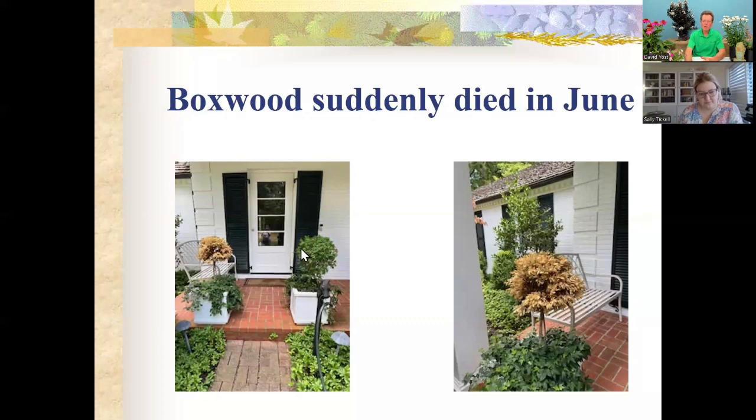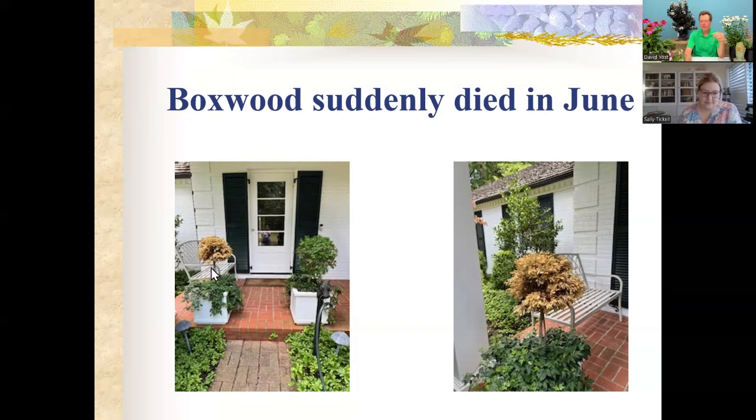This little boxwood was planted in there 2 years ago. This little boxwood was planted last year in October. So what has happened in this case is, like we said, this one was planted in October, mild winter, consistent moisture, everything looked beautiful all the way up until June. It starts to yellow up, and then by July, this thing's totally dead.